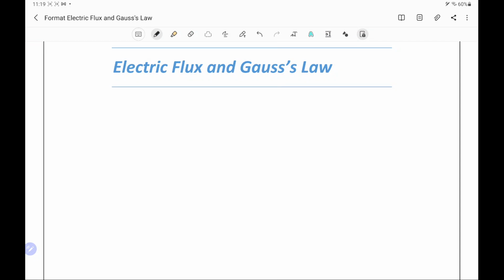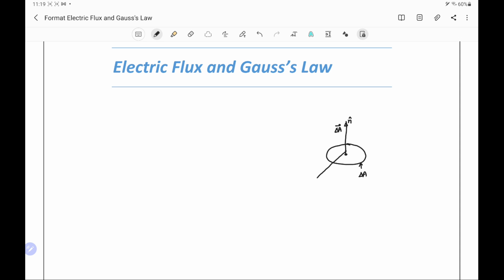Next topic, electric flux and the Gauss law. Electric flux may be defined as the total number of the electric field lines passing through a surface area. Suppose we take a surface area which is lying in the plane of paper and it has the area say delta A. It is having the direction perpendicular to the surface and in outward direction say n, therefore delta A is along this direction n.